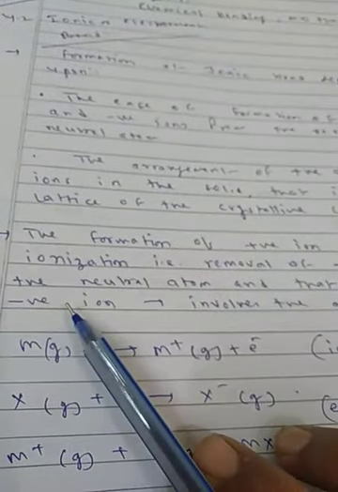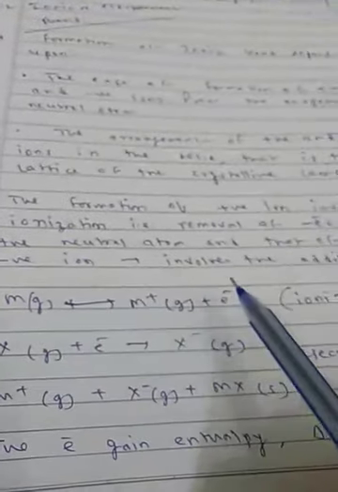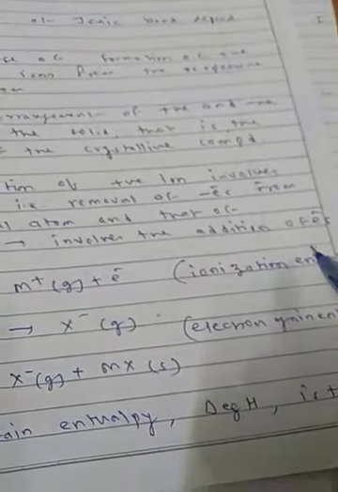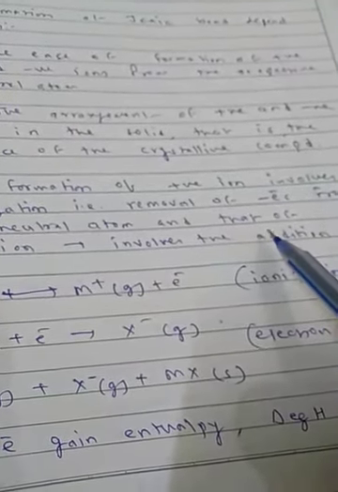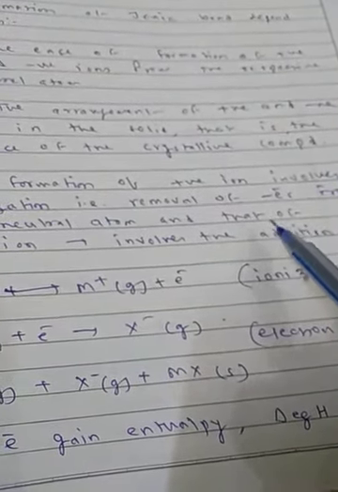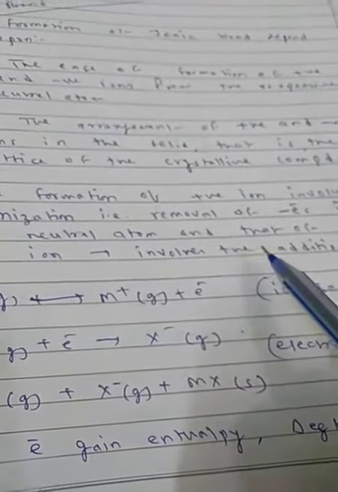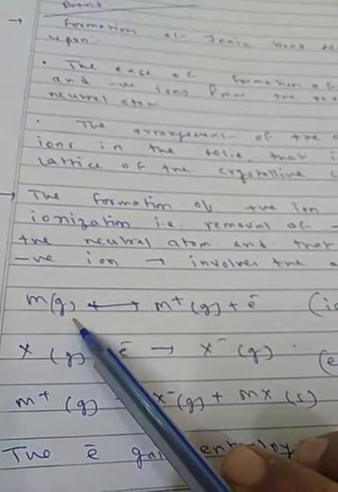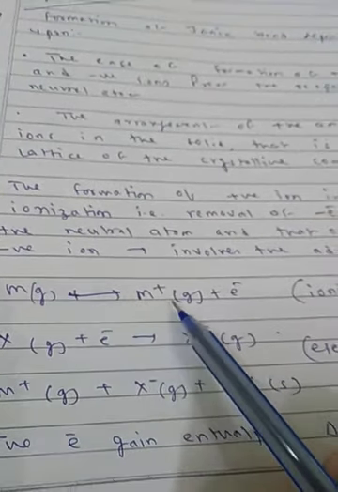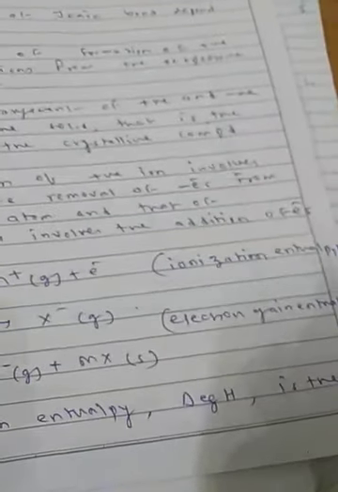Moreover, we now know that the formation of a negative ion from a neutral atom involves the addition of electrons. The last groups, group 7, then group 6, I taught you oxygen, then nitrogen. They are gaining rather than losing. Okay, so M gaseous, any metal, they are called metallic, they easily lose. That is called the ionization enthalpy, easy to lose the electron.